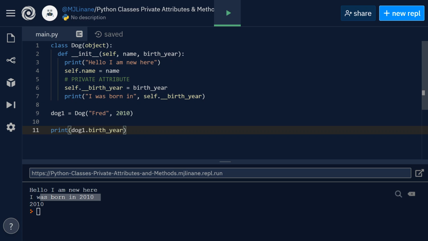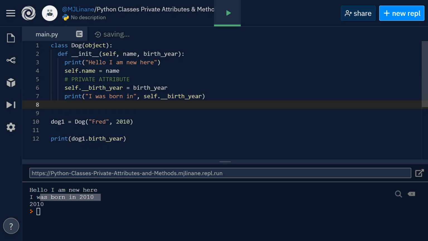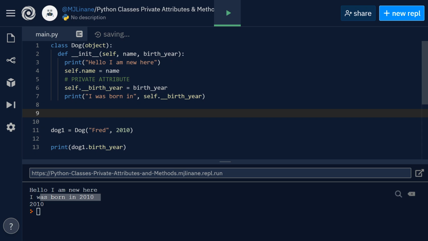Okay. Now we create a private attribute. We can also create a private method as well. And for that, let's set it up in our constructor method as well. Sorry, not in the constructor method. We'll do it right below the constructor method. So I'm going to back out, make sure that I'm a tab back, right? And let's set up a define. Let's do it as public method. Actually,